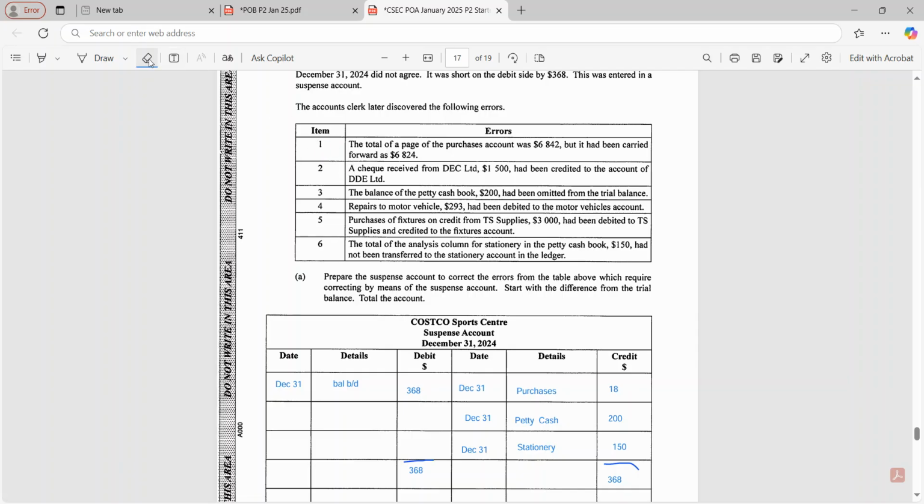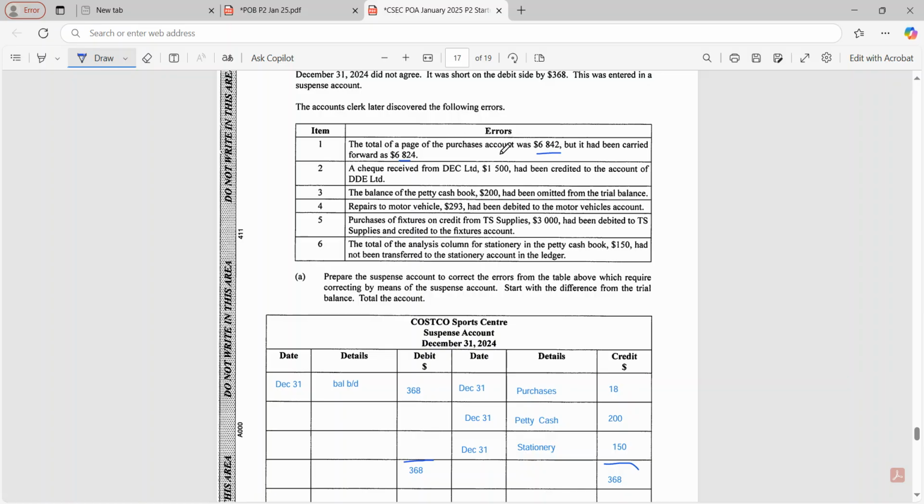Okay. The total of a page of a purchases account was $6,842, but it had been carried forward as 6,824. What do you realize? One total is larger than the other. And we realize that it should have been more. So once it should have been more, we need to put it on this the